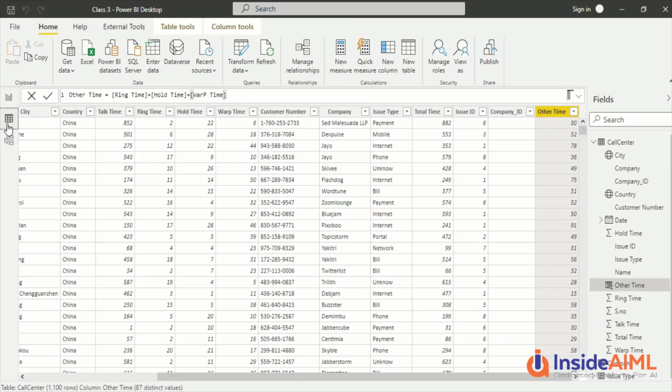Now you would have a question: we have created a column here versus we have created a column in Power Query, which one is better? Now the way the Power Query engine works and the way the DAX engine works, the Power Query engine performs a bit better in terms of calculation of columns. So ideally speaking, if a calculated column can be done at Power Query level, we should go ahead and do that at Power Query level instead of DAX level. So that's the better advantage.